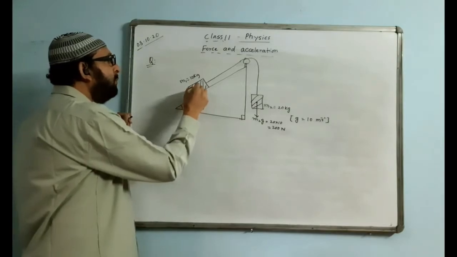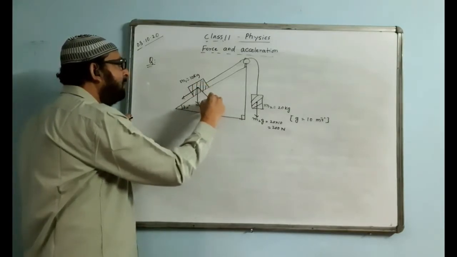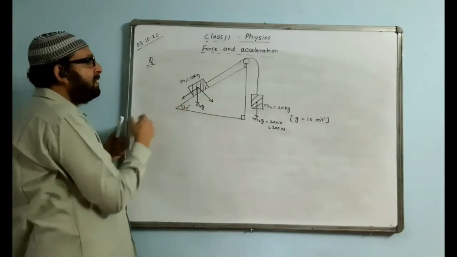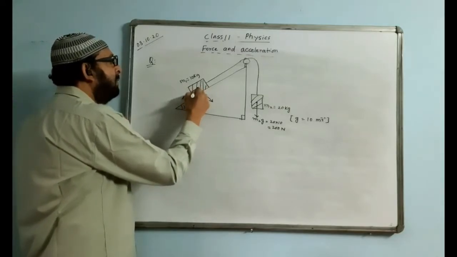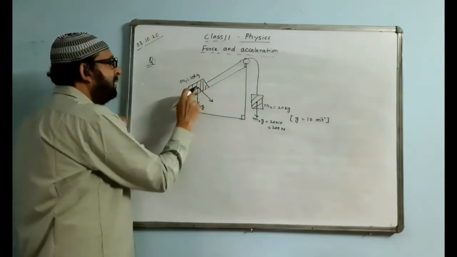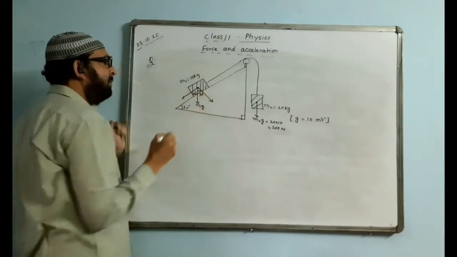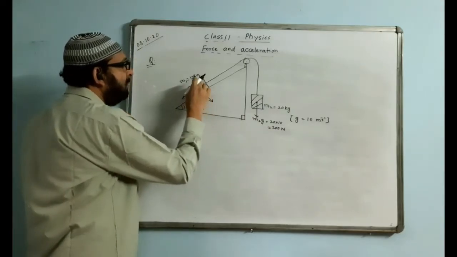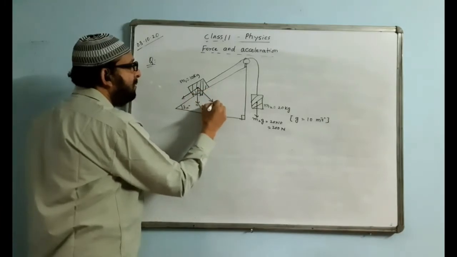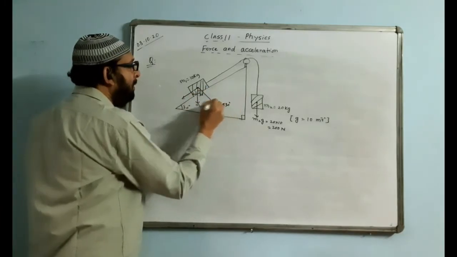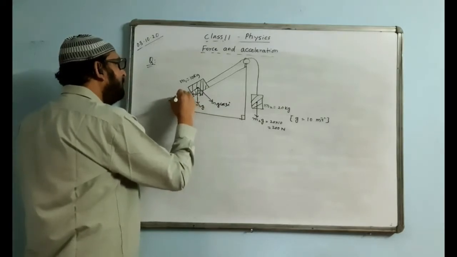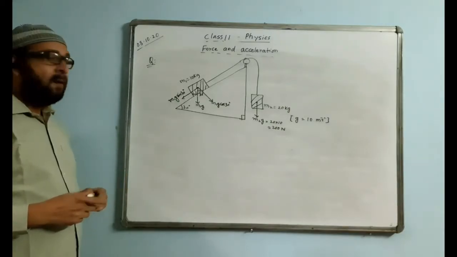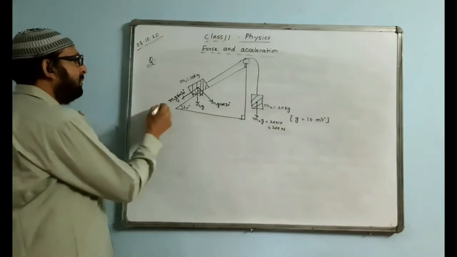This will be breaking into two components here. One component will be here, another component will be here like this. Always remember in an inclined plane, there is the angle, it breaks into two components. If this is 30 degrees, this angle will also come 30 degrees, always. So break this M1g into two components. Here the angle is over here, so this will come in cos, M1g cos 30. Here the component value will be M1g sin 30.